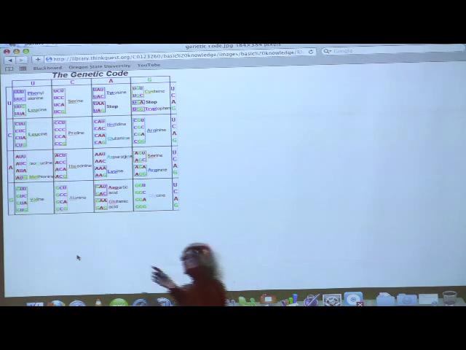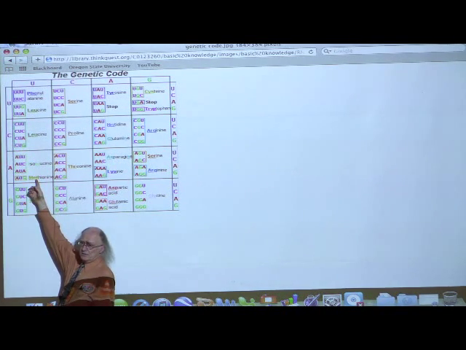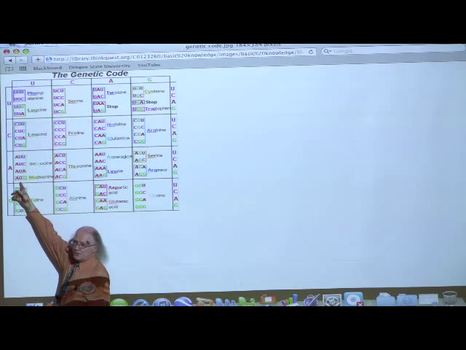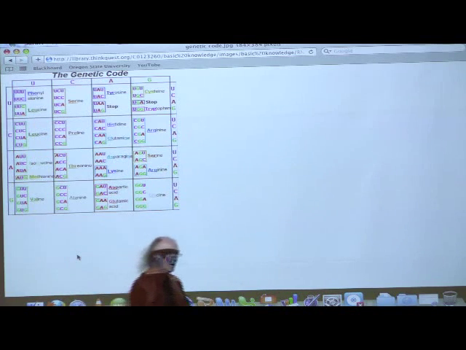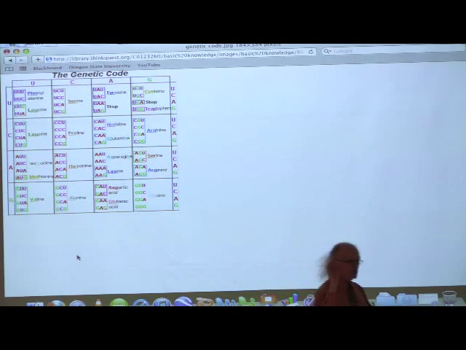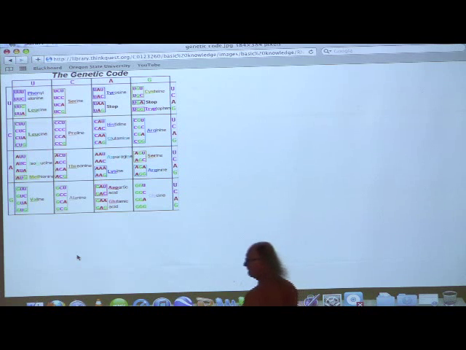The amino acid methionine is almost always used to start the synthesis of a protein. We therefore refer to the sequence AUG as being a start codon. AUG is used only for methionine, and methionine is almost always used to start the coding of a protein. Yes, you should know AUG is a start codon.